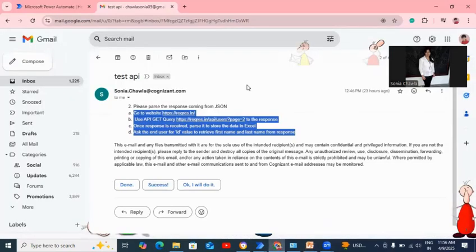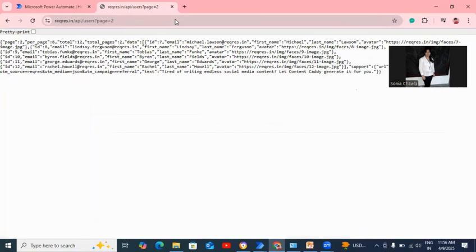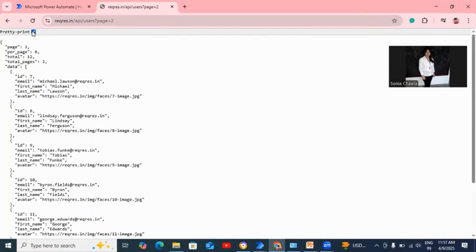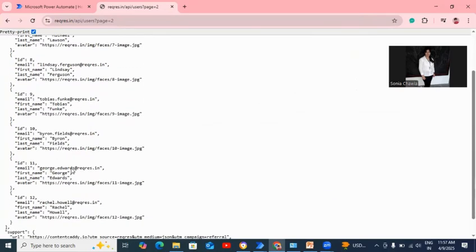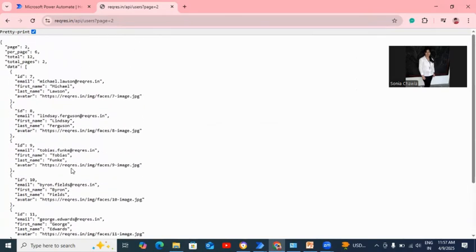If you click on it, this is the API data. You can see the data in a web browser. This is the JSON file, with IDs 7, 8, 9, 10, 11, 12. So these are the IDs we are getting, and these are the email, first name, and the images. So we found this JSON in this API.